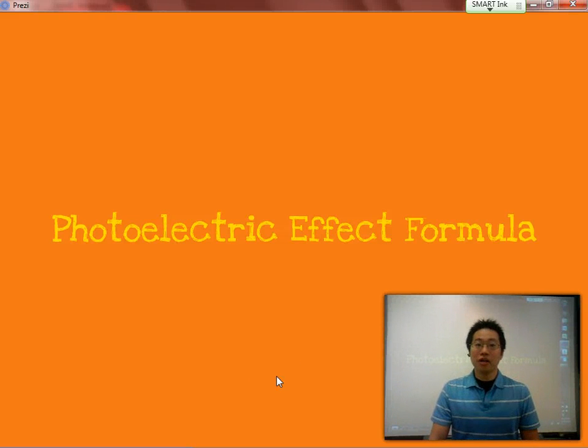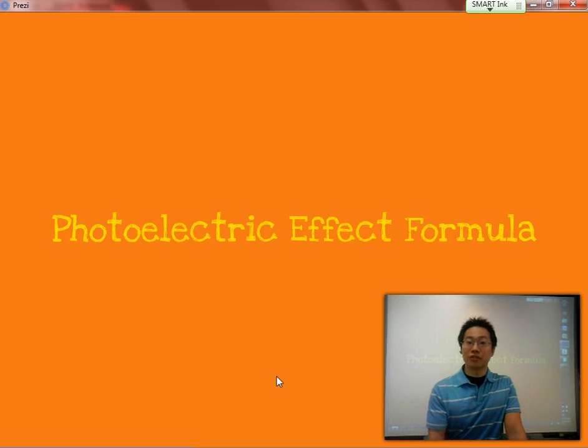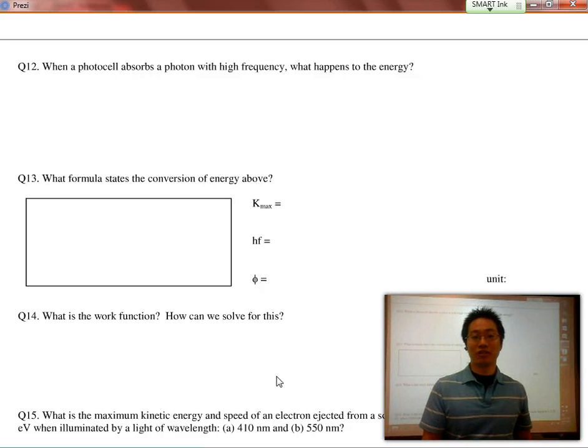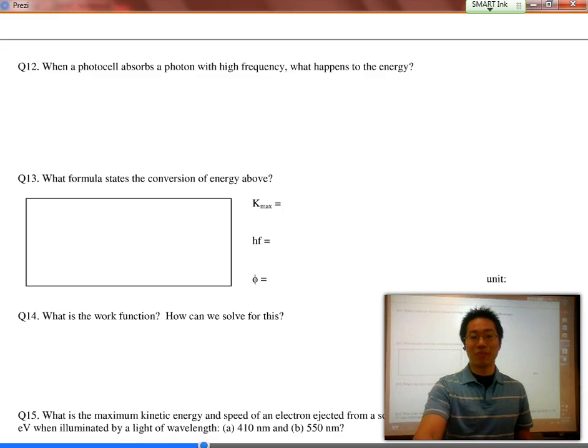Hi, ladies and gentlemen. We had previously started talking about quantum theory, about how light has a dual nature, both as a particle and as a wave. But it's a particle in nature that got proven to exist due to the photoelectric effect. We had previously spoken about how a photocell can absorb a photon and then emit an electron, just like it happens in this demo over here,